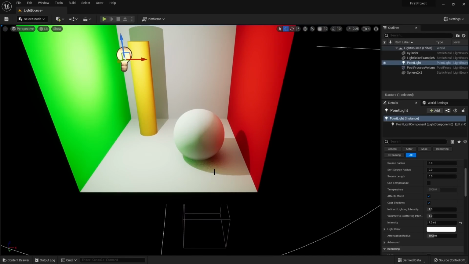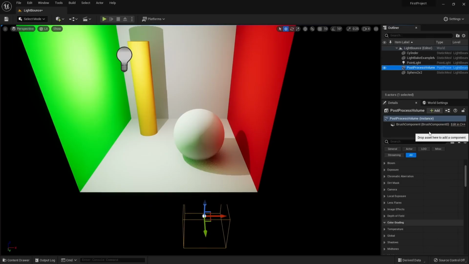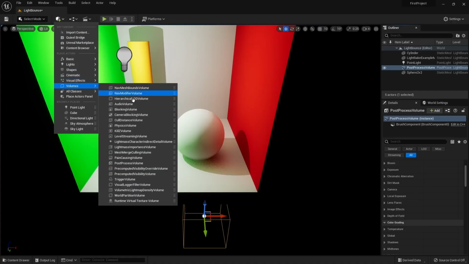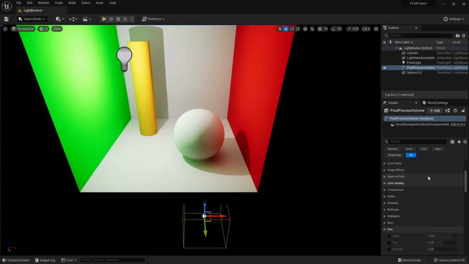settings, which are located in our post-process volume. So find out where your post-process volume is. As a reminder, you could create a post-process volume by coming up to Add, Volumes, and Post-process volume, and make sure in your post-process volume that Infinite Extent Unbound is turned on, because otherwise our post-process volume will not be